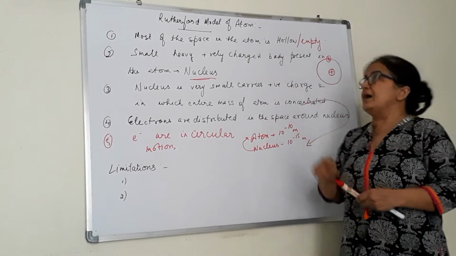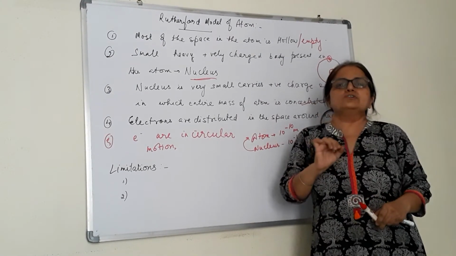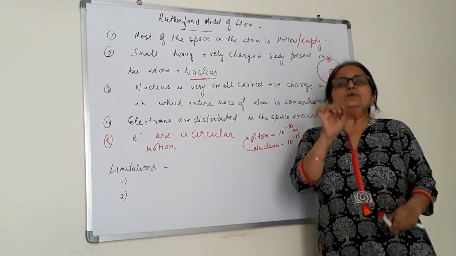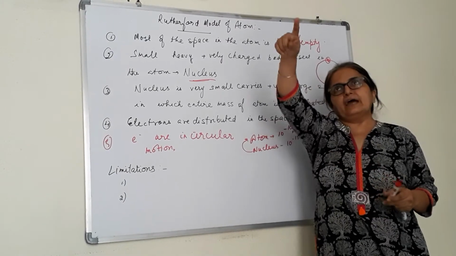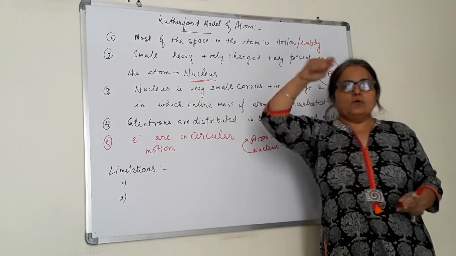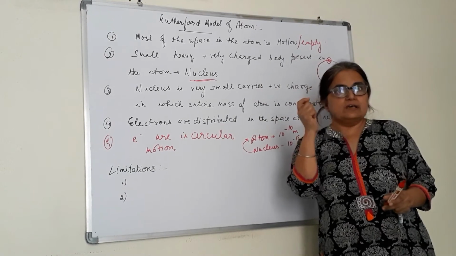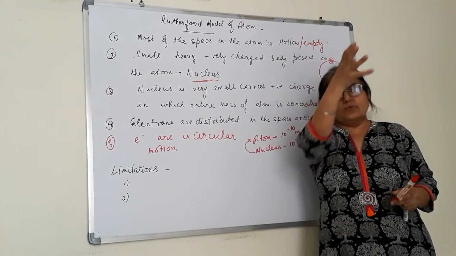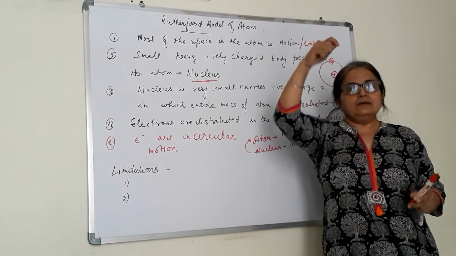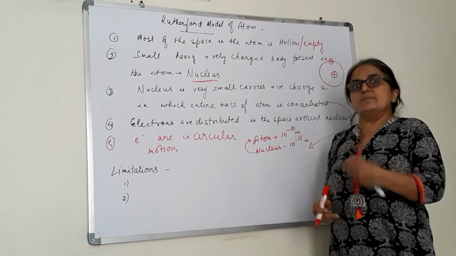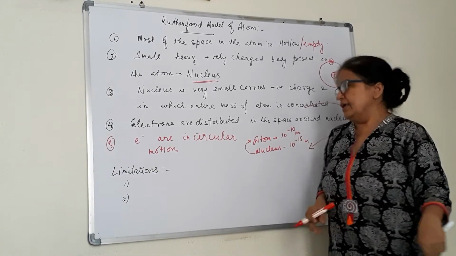Rutherford described that the electron, when it is in circular motion, has centripetal force. Something like if you hold a piece of thread and tie a stone, and then you go on moving it like this, you will be able to move that stone. What is holding it? The stone doesn't come and hit your hand. It is still in the state of motion, because there is some force acting on it, that is centripetal force, plus it is moving also.